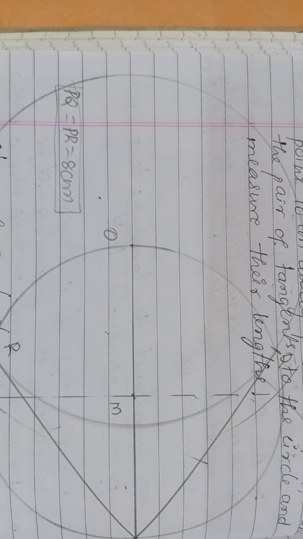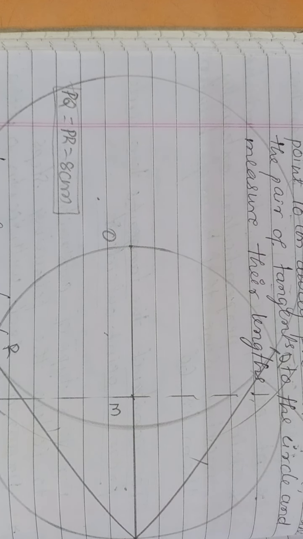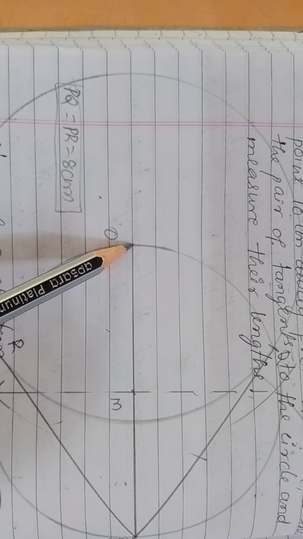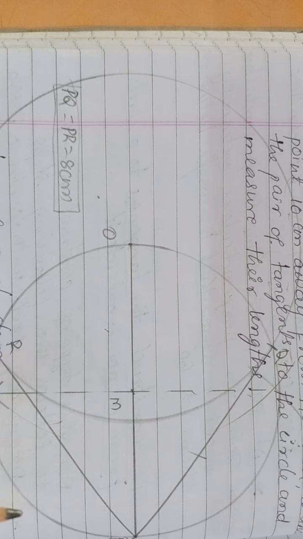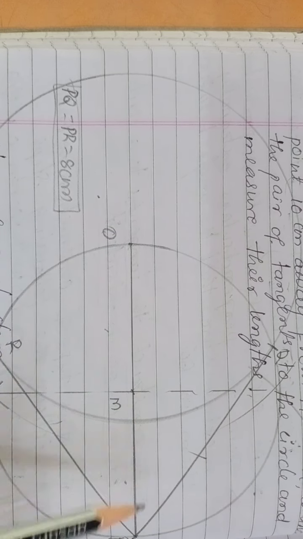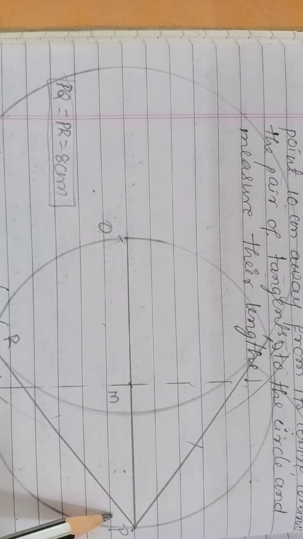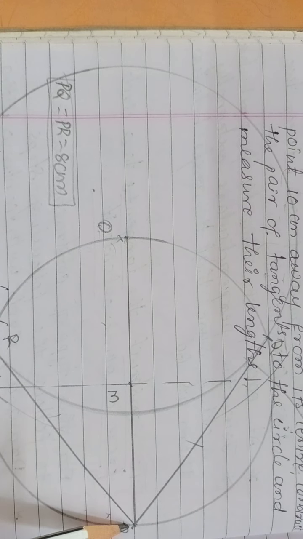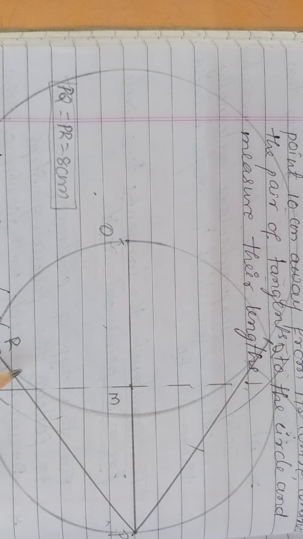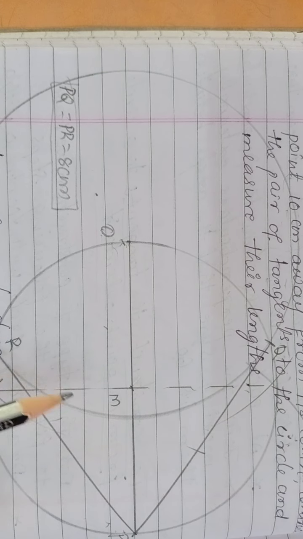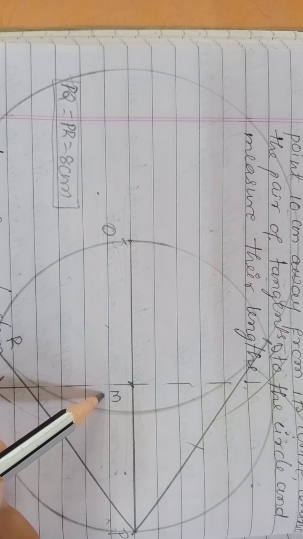Tangent to a circle from an external point. Now what are the procedures we have followed? First, we have drawn a circle with a given measure. And the second step, we have marked a point P with a given distance from the center. We have drawn the line. Now for this line, perpendicular is drawn by taking more than half of the line. We go to midpoint and that is called as an M.